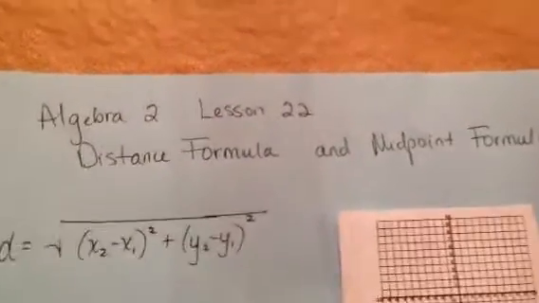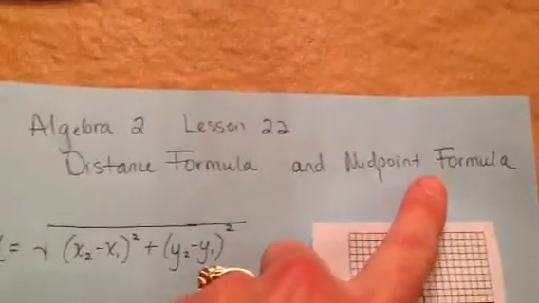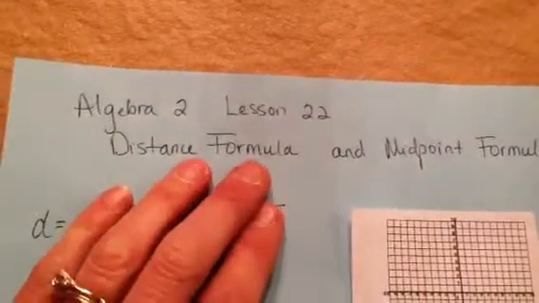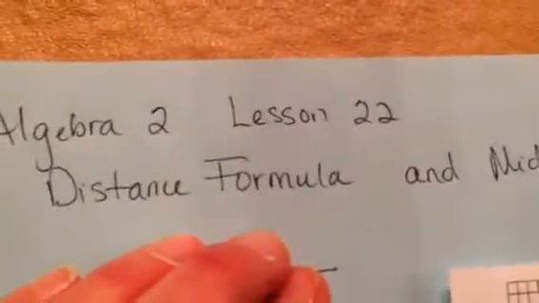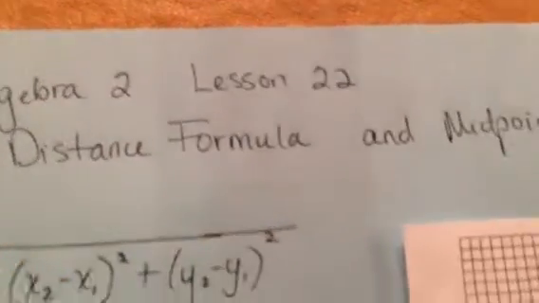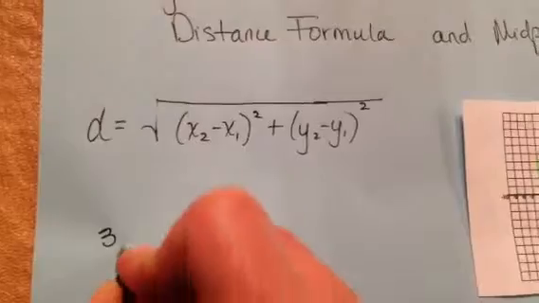Right, this is for Algebra 2, Lesson 22. It's on the distance formula and the midpoint formula. And when they're asking for the distance formula, they're wanting you to be able to find the distance between any 2 points. So, if you'll look at 22a, on number 3, and I'm just going back from the book,